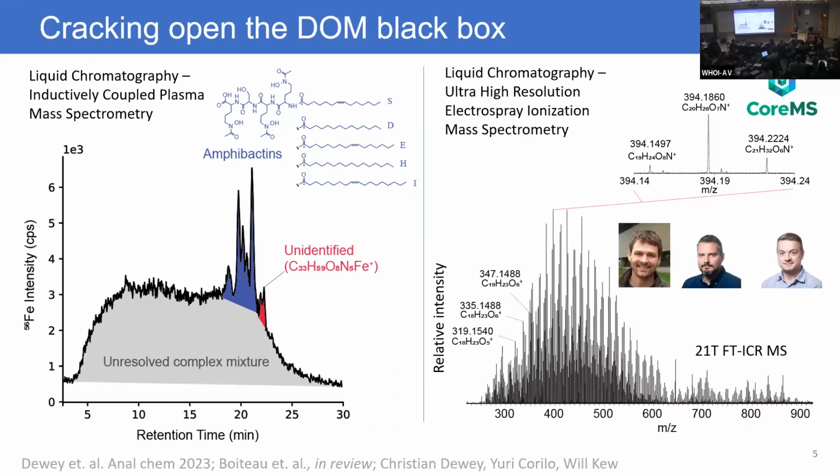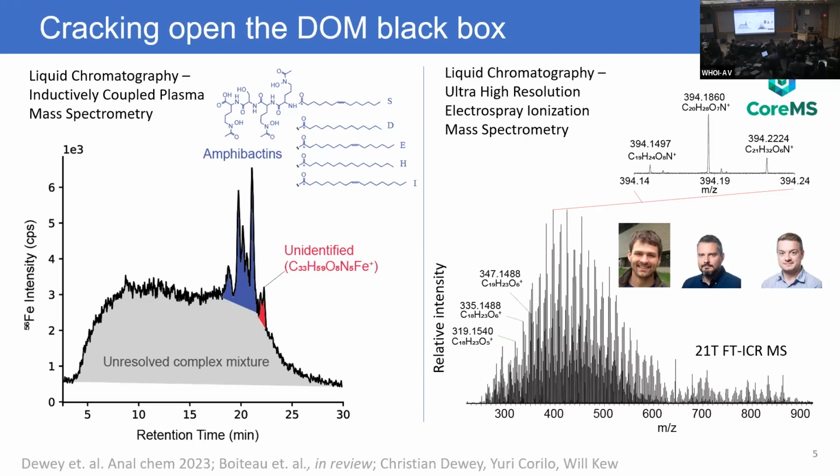The two tools that my group works with are liquid chromatography coupled with different types of mass spectrometry. One of the first tools we use is inductively coupled plasma mass spectrometry. This allows us to take an extract of organic matter from the ocean. In all of these examples, we're dealing with just a component of the organic matter that we can extract, and we can do different extractions to get at different components. This is a solid phase extraction using polystyrene. We can take that complex mixture and start separating it with chromatography and then detect the metals and other elements associated with it with ICP-MS.